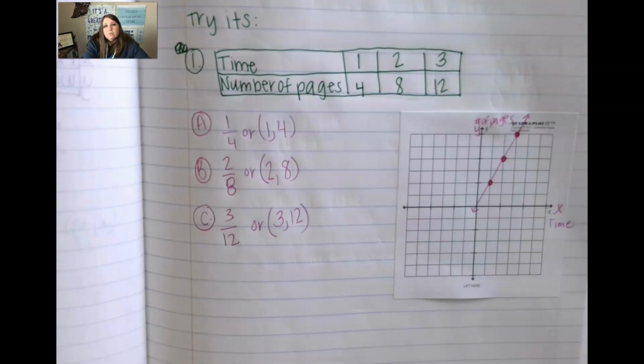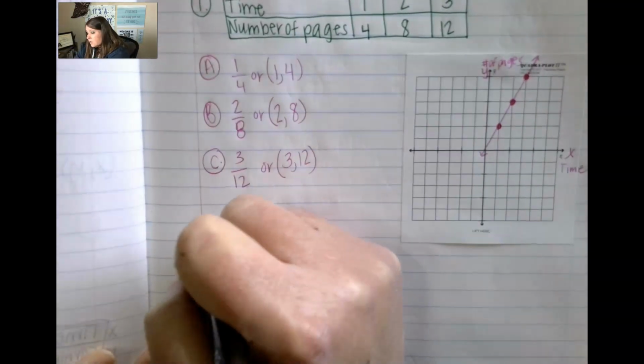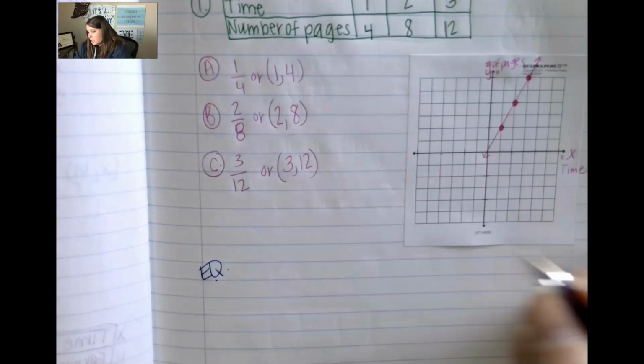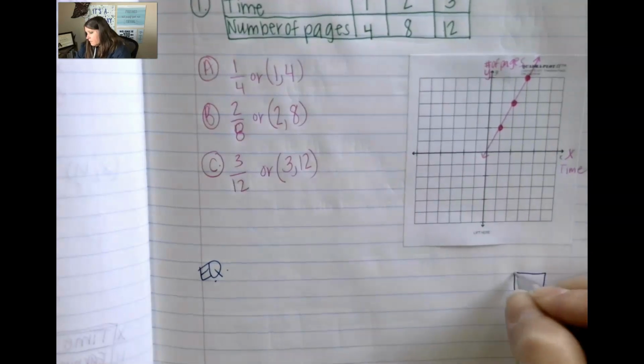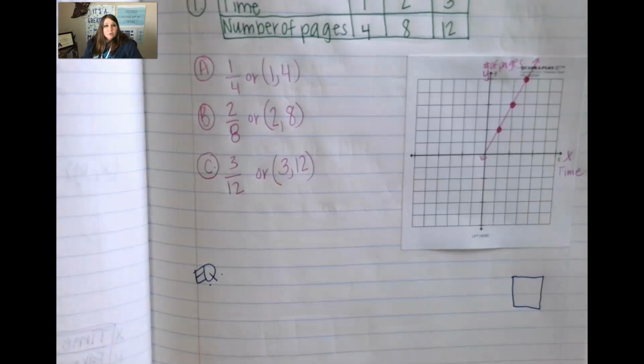All right, how did you do on that one? How did you do on graphing? So first, being able to create ordered pairs. 2, being able to graph correctly. 3, looking at your straight lines. Go ahead and answer your essential question. How do you graph ratios? And then put your level of understanding out to the side. When you're finished, you can come on back to the Google Meet and ask for help, or you can go and do your practice work. As always, I appreciate all of your hard work and effort, and make it a great